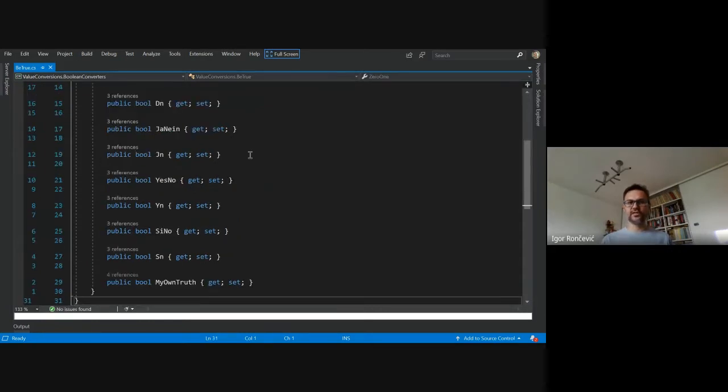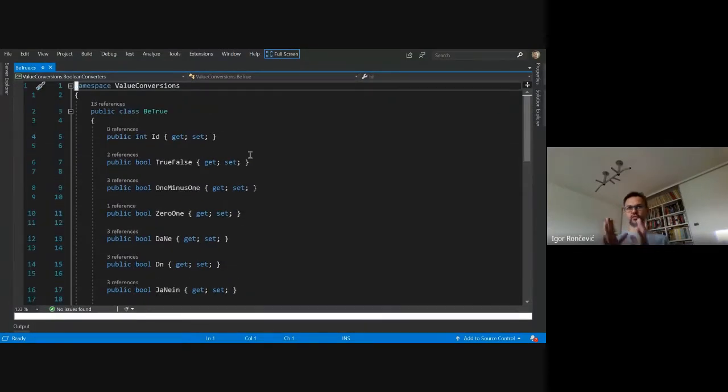Then you have, of course, yes, no, and then the abbreviation of it, and see, no, and so on. So for some reason, there are plenty of strange ways to represent booleans in the database. And what I often saw